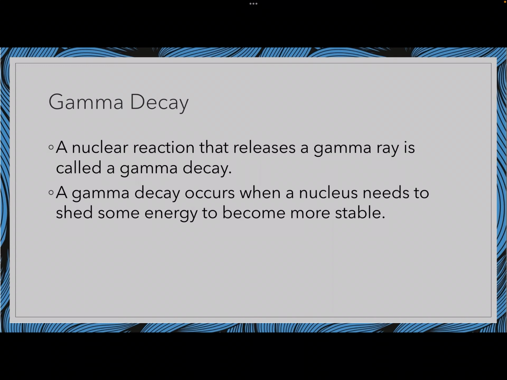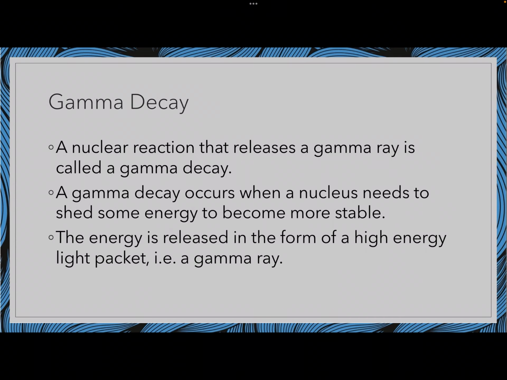Nuclei are similar. It doesn't happen in quite the same way, but the nucleus is still excited and still sheds energy by dropping to a lower energy state. Again, the energy is released as a light wave, but whereas electrons falling back to the ground state generally release light waves that we can see, so visible light,